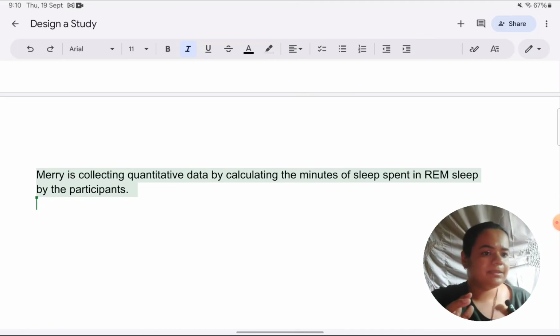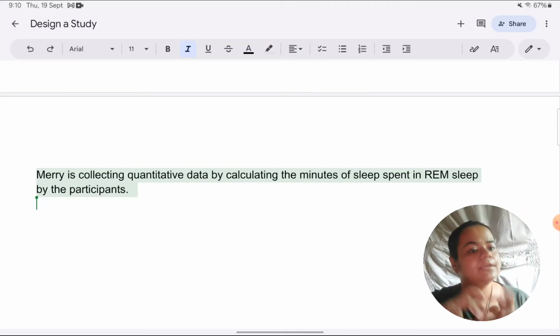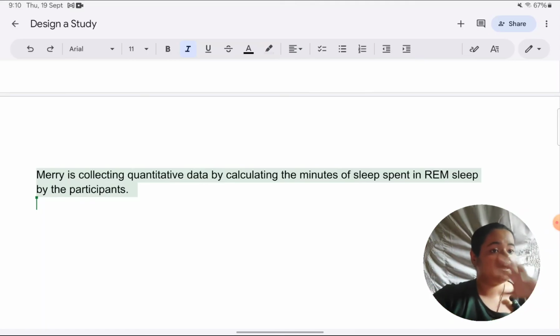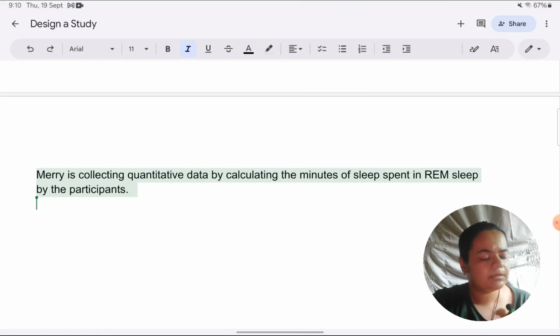Many students, when I tell them that this is how you can conclude, come up with the question that, you know, we can't conclude the study because it actually hasn't been done. So the student will tell me, how can I make a statement that in old age they are sleeping more in REM compared to childhood? That is not what I'm asking you to do in the conclusion. I'm not telling you to give a definitive answer as if the study has been done, that this is what Mary has found. Of course, we can't say that. Actually, there's no study which has been done. So we can't give a definitive conclusion. But we can say what she will do to come to a conclusion for her study. That is what we need to write.